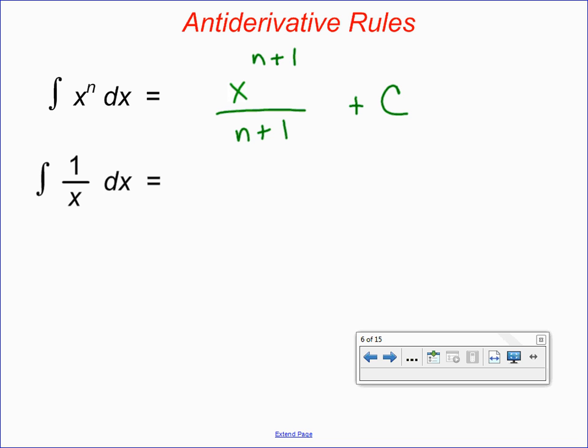We also know that the power rule falls short when integrating the inverse power function, the reciprocal function, 1 over x to the first, because when I add 1 to the exponent and get x to the 0, that's fine, but when I divide by 0, right, then we run into all kinds of problems. We can't do that. And so we have a different rule, ln of absolute value of x plus c, and we talked about the absolute value bars originating to preserve the domain of the original integrated function.